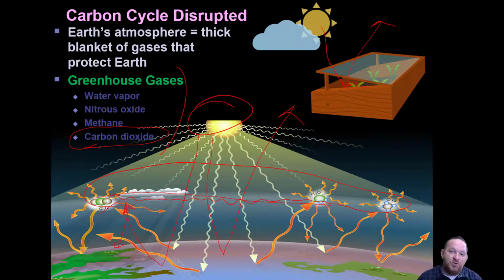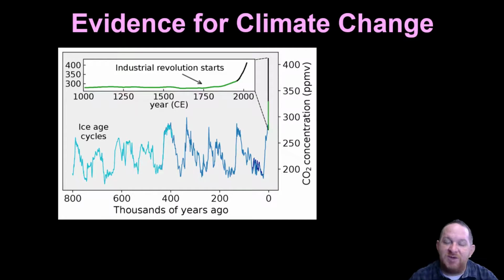We can see what we're doing to cause this. So I'm telling you that this is an issue. Let me give you some data to support that. Here's some evidence for climate change. This chart is looking at CO2 concentration over the past 800,000 years. So here we are, thousands of years ago, 800,000. Notice that there's just sort of a general cycle. And we can measure these different ways, taking core samples, et cetera, to see how much CO2. Okay, this is sort of a natural cycle. It sort of cycles between 200 to 75.